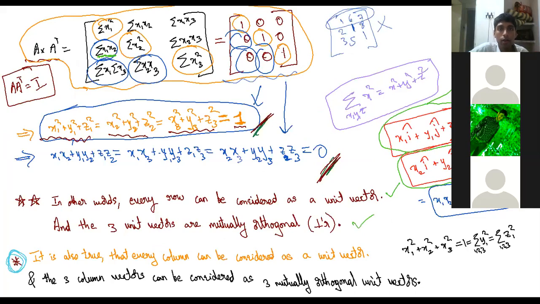You can say that. मतलब A into A transpose equal to I जब किया, जो result आया. Now next time when we're doing A transpose into A is equal to I, then you'll get this result. x1 square plus x2 square plus x3 square should be 1. y1 square plus y2 square plus y3 square should be 1. z1 square plus z2 square plus z3 square should be 1. And apart from that, x1 y1 plus x2 y2 plus x3 y3 मतलब dot product भी हो 0, and you'll get the same set again.